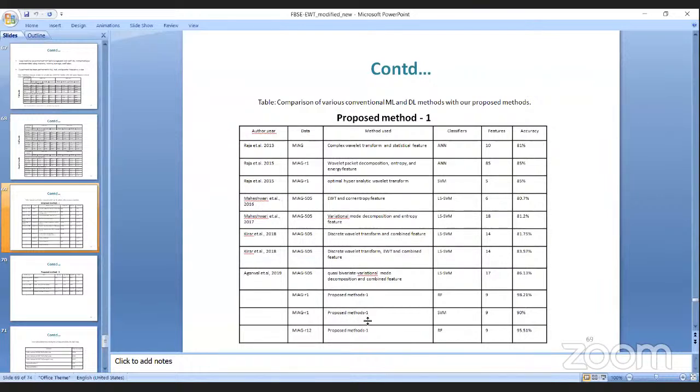And here we have used this two-dimensional Fourier-Bessel series expansion based empirical wavelet transform, together with random forest,